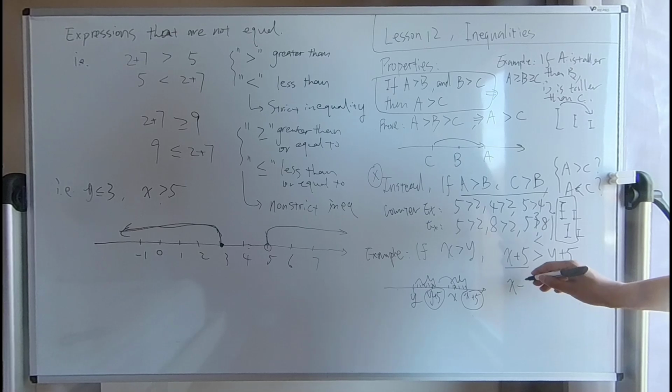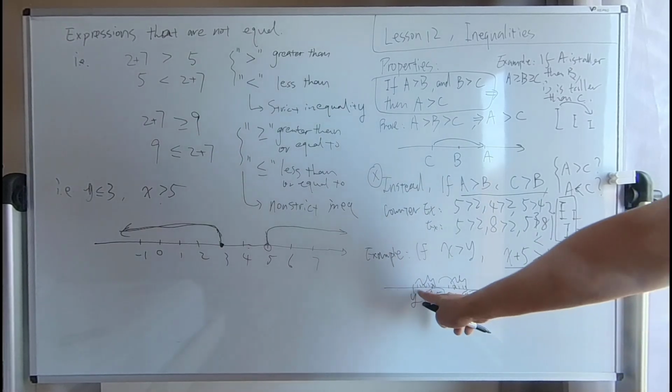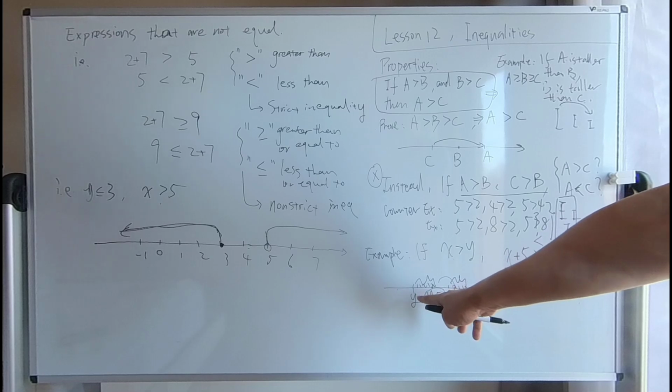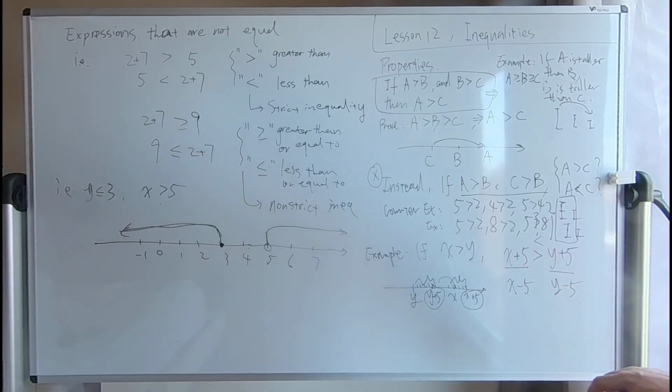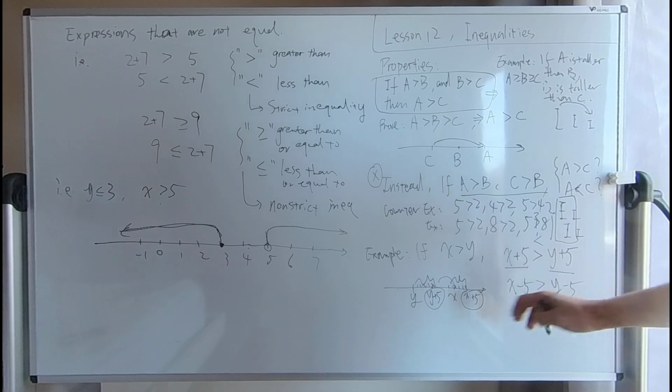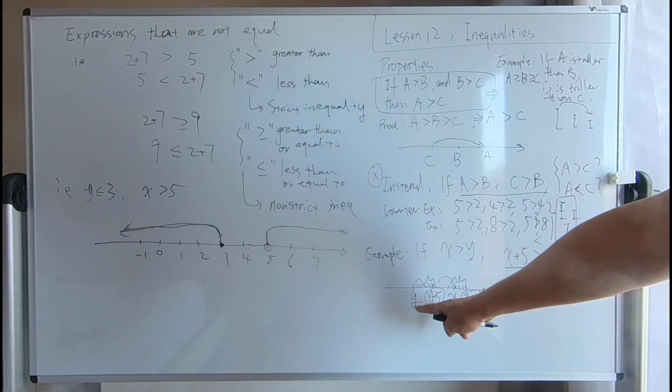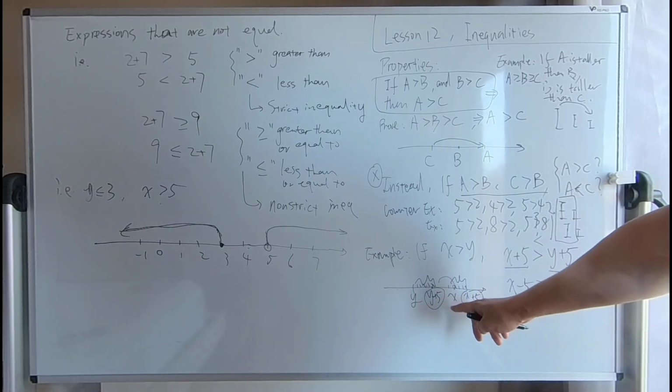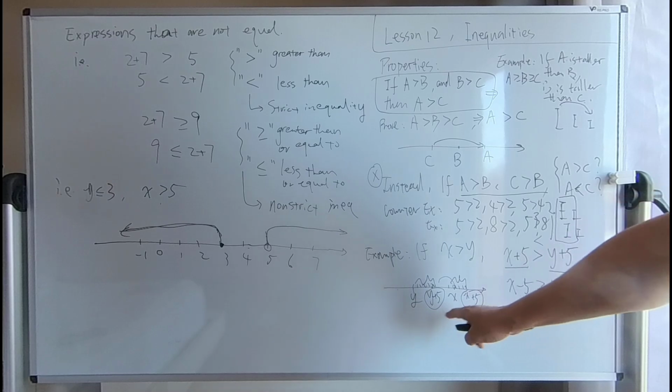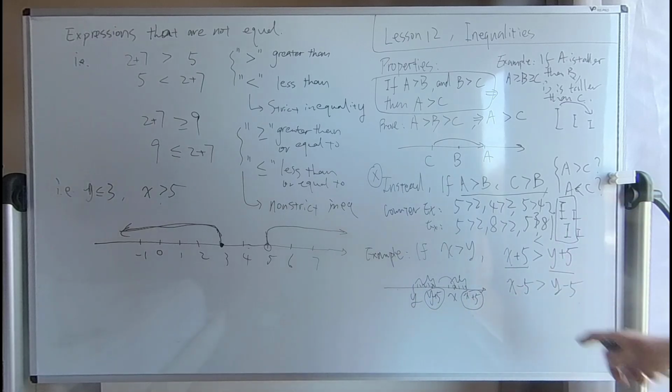Similarly, subtracting the same quantity is the same, right? If you both move to the left-hand side by the same distance, the same number of steps, then your relationship doesn't change. y is still on the left-hand side of x, which means y is still less than x, right? So this proves that